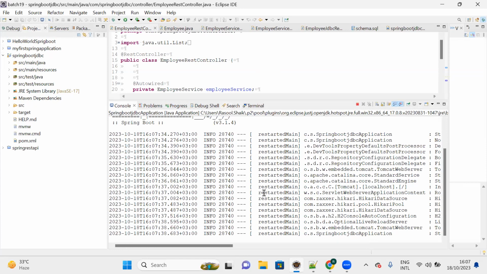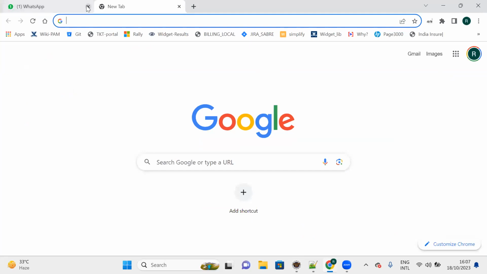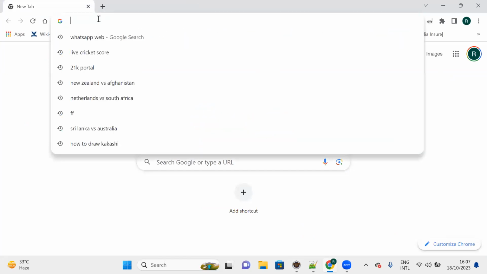Server started successfully. So now let me go to the browser and then